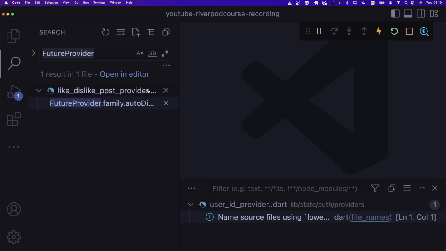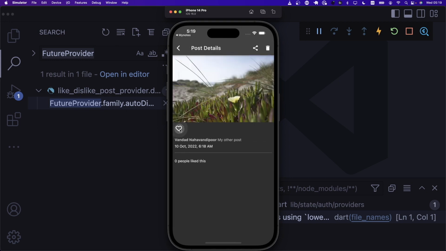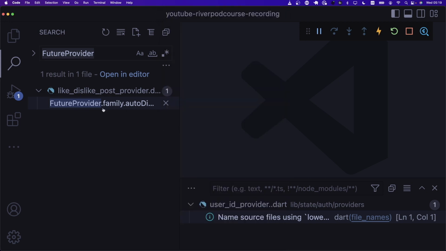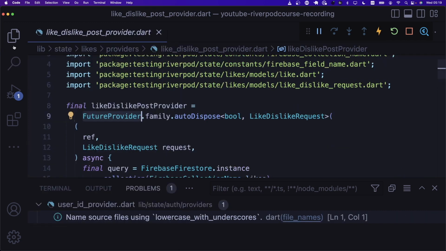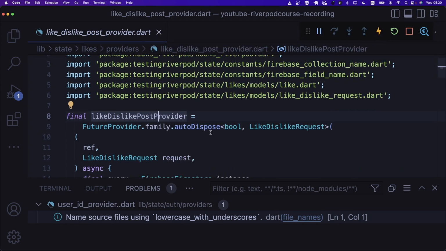We have one more provider in here, which is a future provider, which we can convert to auto generation, code generation. And it is called like and dislike post provider, which is used for this button, if you remember, the like and dislike button in here. Okay, so let's go ahead and convert this guy as well. You can see that it is a family provider as well. It is a future provider, and we can easily convert it using the same recipe that we did for the